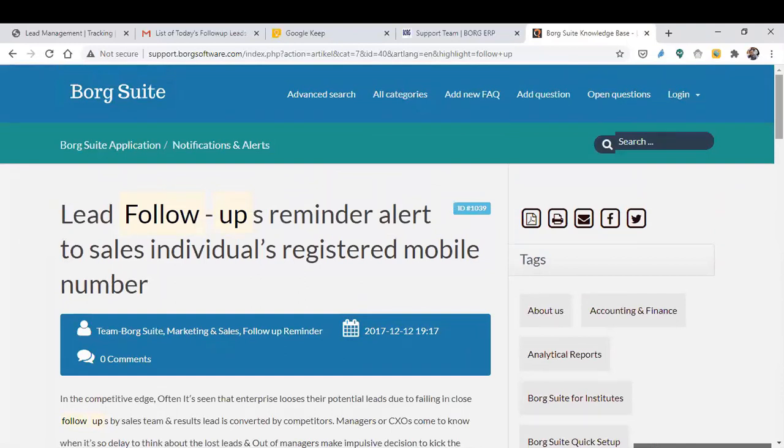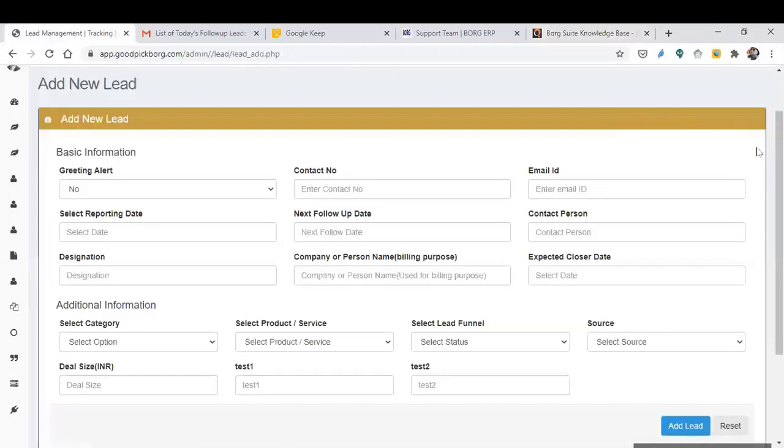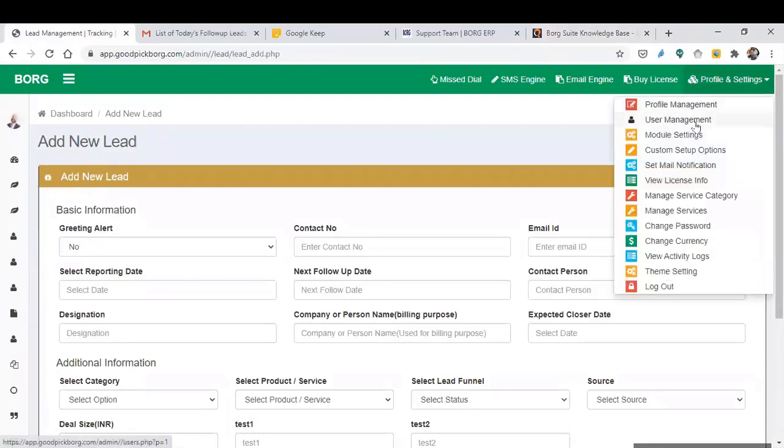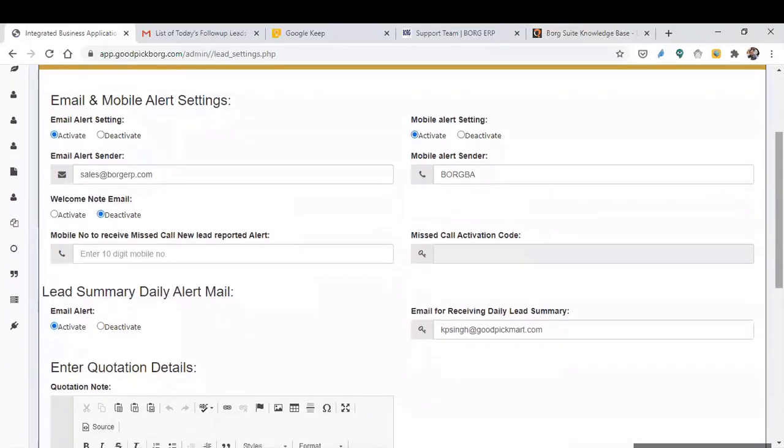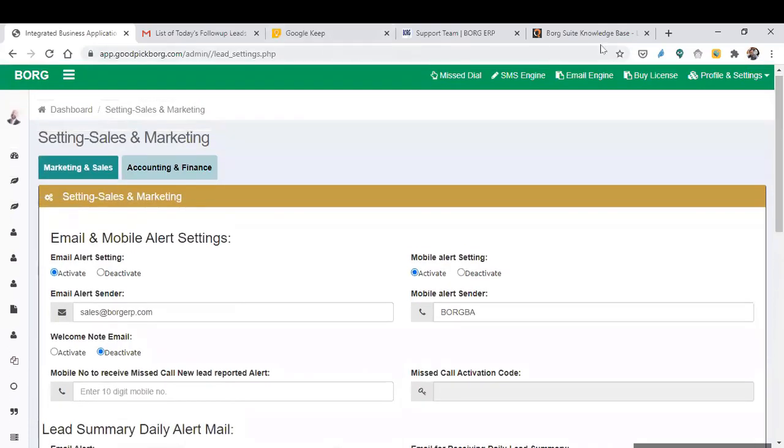One more important follow-up which I'm missing right now, that we already discussed when we were talking about the settings, module settings. I'm reminding you again. I'm going to the mobile module setting, and here we discussed this amazing feature, lead summary daily alert. How will you be getting this, what kind of format, what details will you be getting? You will be curious about this. I know very well because I was also very curious when I heard this the first time. So I'm going to show you this miracle also.